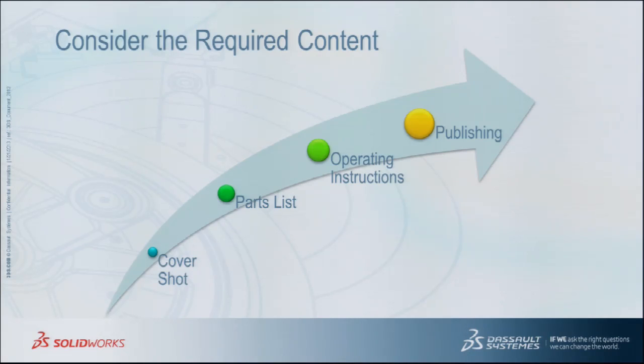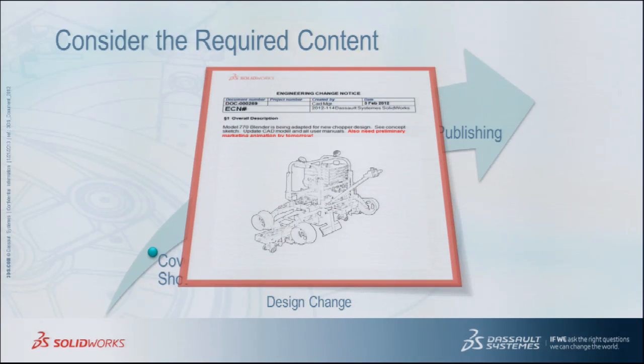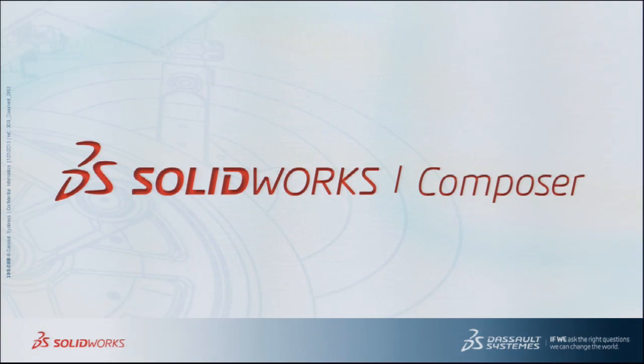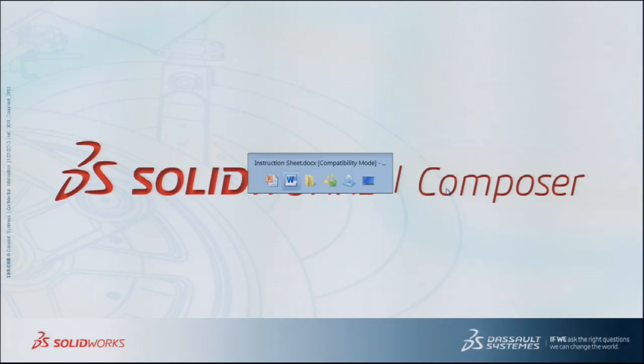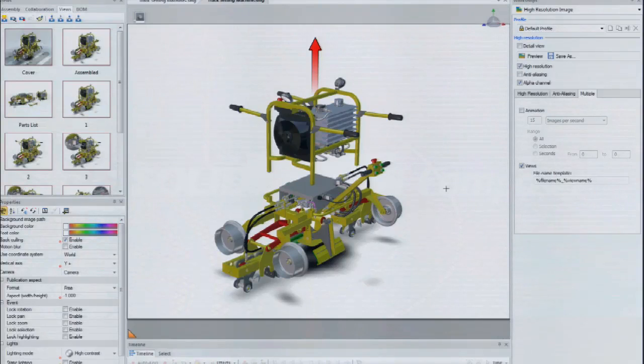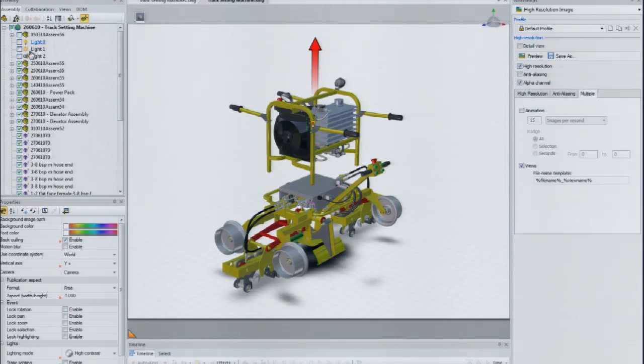So we've gone through all of our steps, but naturally we're going to run into a design change. What do we do? Folks here from ProEdit would say that they would have to redo every single one of those images to get started, to redo it when they have those changes. With SolidWorks Composer, now they don't have to go through all of the redo. They're changing some minor things, to be sure, but they are able to continue forward with the process fairly quickly. So how do we do that? We'll just go ahead and come back up here and